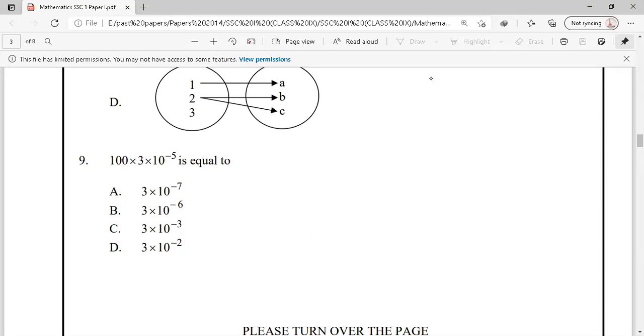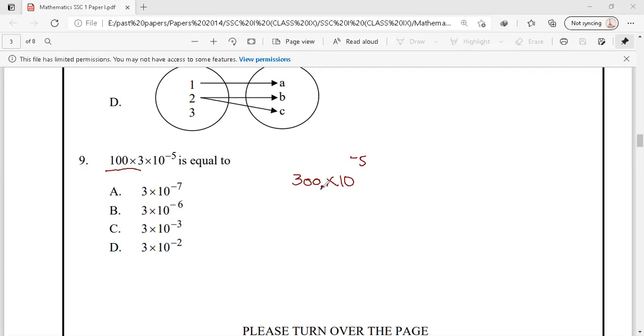Let's see question number 9. In question number 9, we have to multiply these two terms and represent this in scientific notation. So let's multiply this 103, that will be equal to 300, multiplied by 10 raised to the power minus 5. And by converting this into